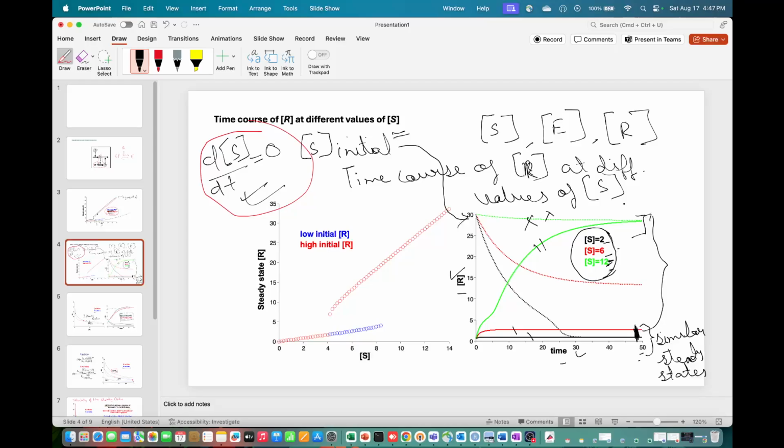So what this is telling you is basically the concentration of S determines if you are going to be at a particular steady state for this one, or at another particular steady state like this one. So the value of S not only determines how R will behave, but it also determines the different steady states, as we